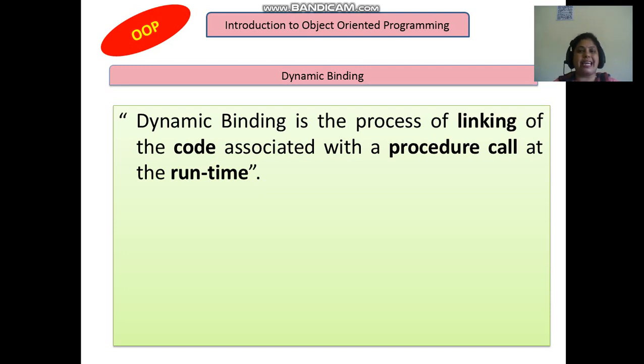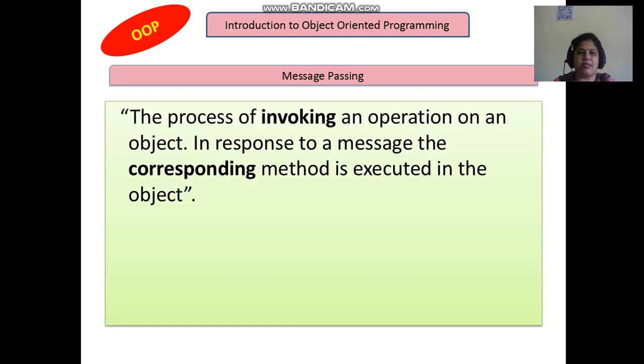You will come to know this concept when you learn about polymorphism, that is runtime binding, runtime polymorphism. So at present keep in mind, dynamic binding is the process of linking the code associated with its procedure call at runtime.